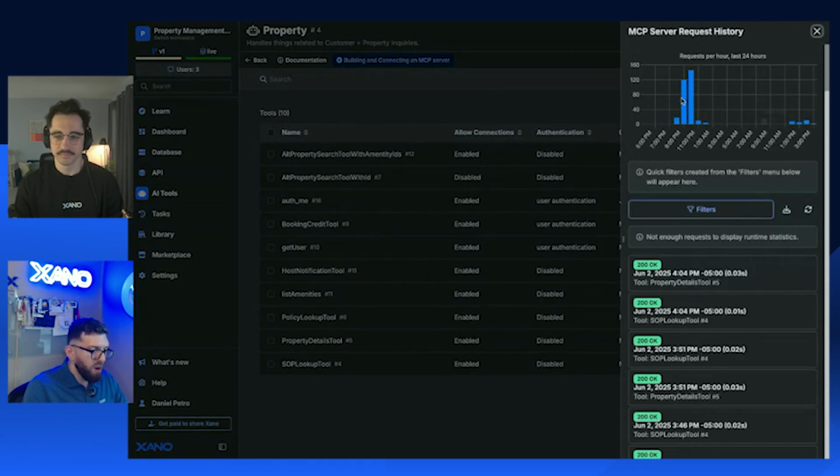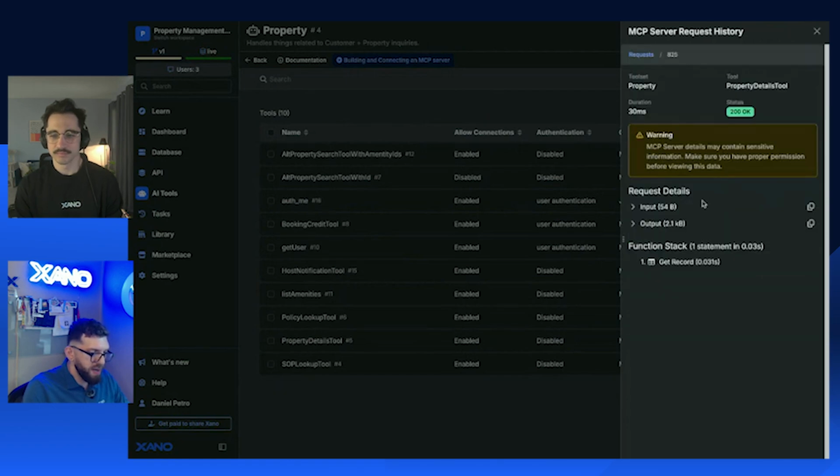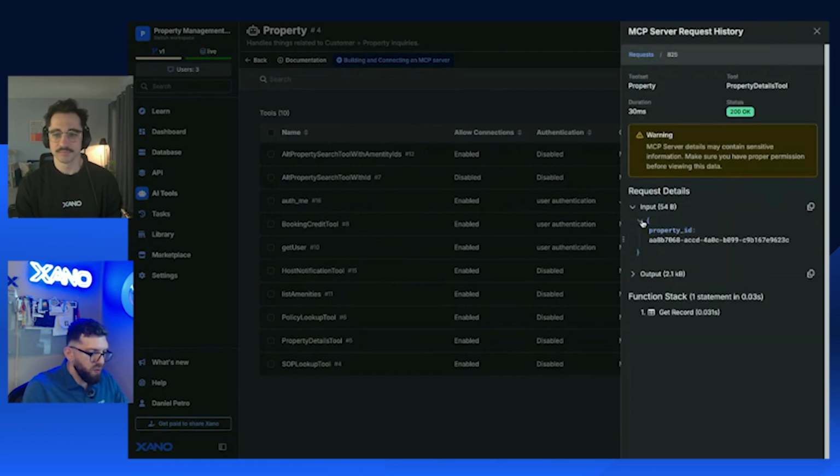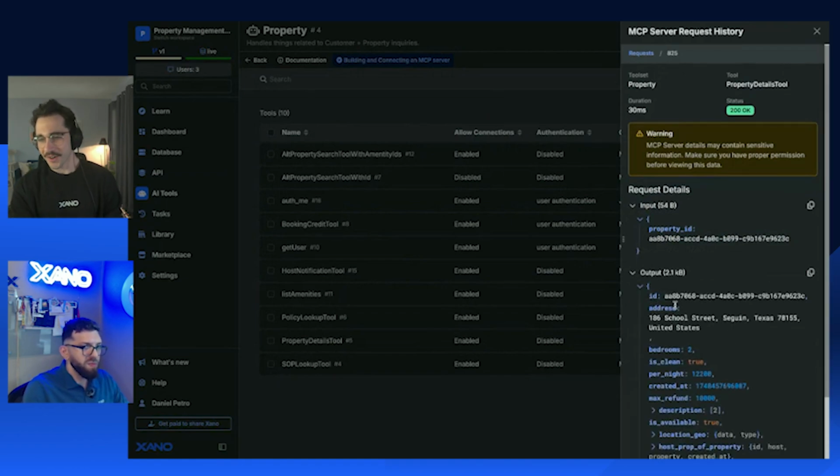So these are all the requests by the AI to use these tools. We can go ahead and see this property details tool and go in and see what information the AI provided as inputs. Remember that in this case we are providing it with this property ID, but in other cases, you don't have to specifically tell it which to use. It's intelligent enough to go and use other tools at hand to surface this information, and it will provide the proper output. I think we'll see here as that demo continues on, sorry not to cut you off,